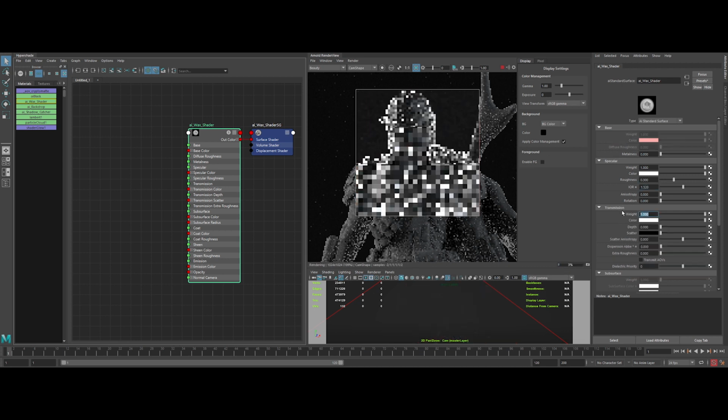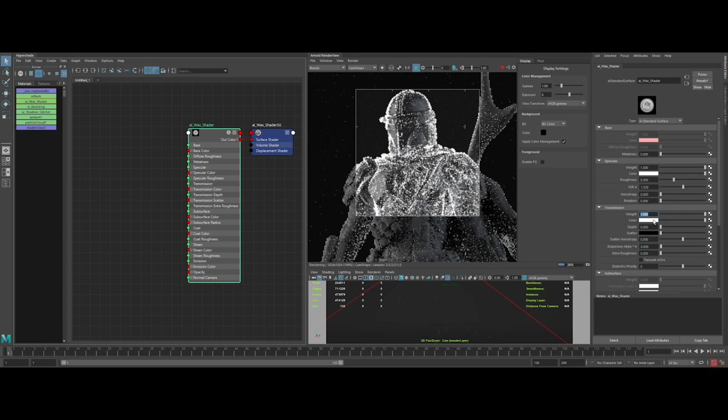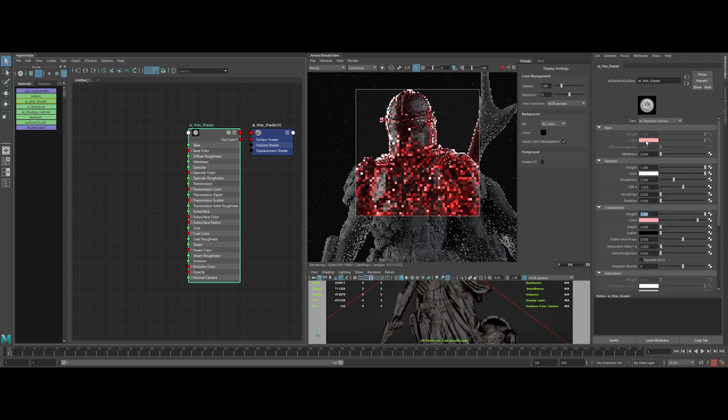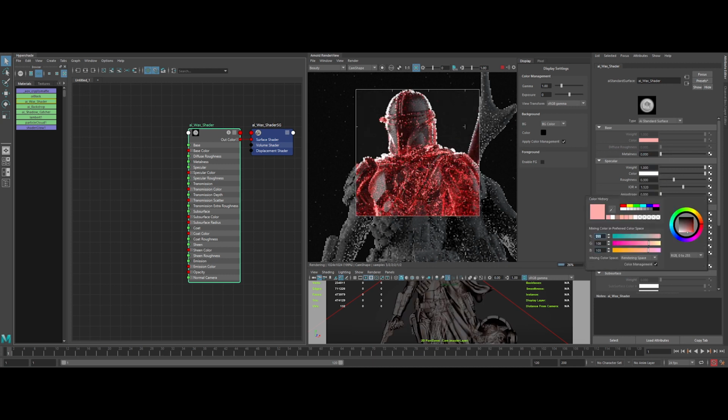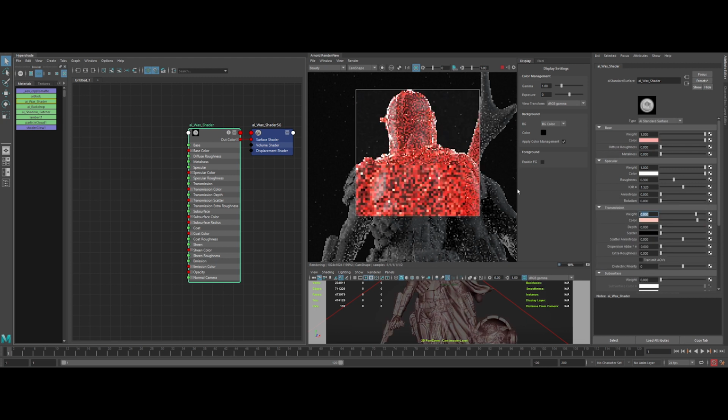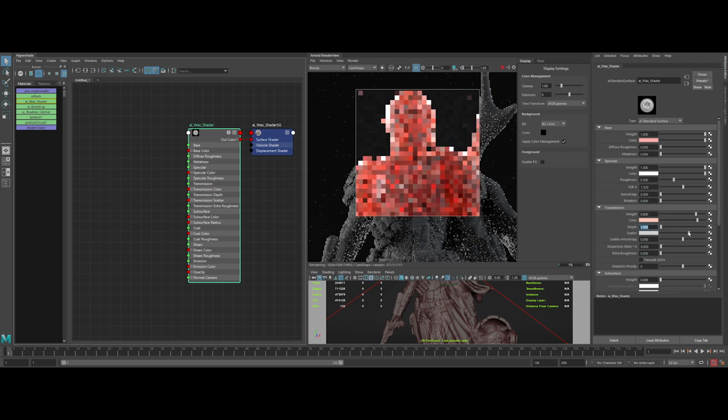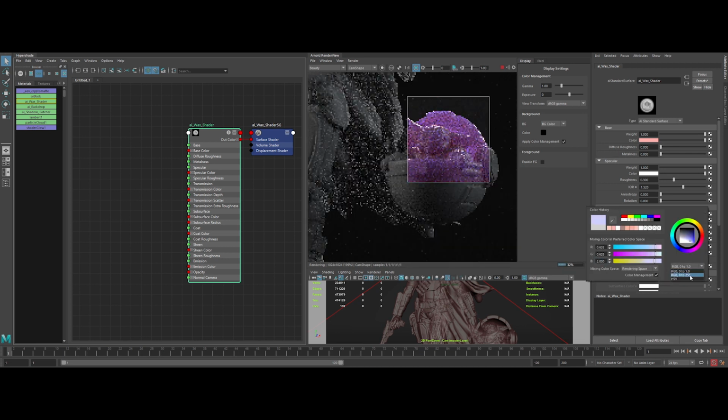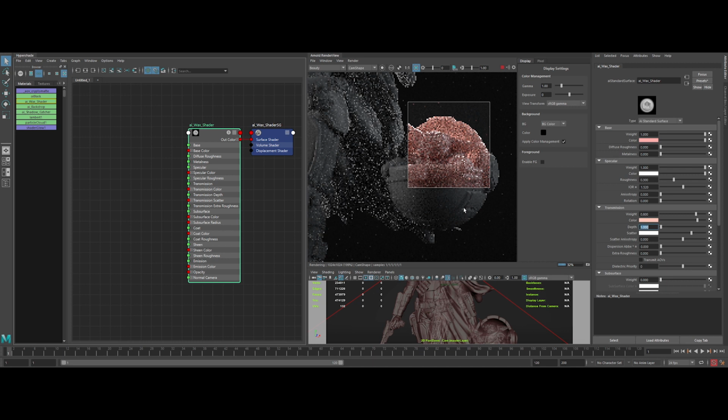Okay, sweet. Now let's reintroduce our transmission. Let's pick a pale pink tone of the base color. Let's tweak it a bit. Then we need to reduce the transmission weight to 0.8. Now let's change the depth value to 1 and introduce some scatter by changing the color value. Not bad. Let's tweak the scatter value. Pretty sweet. Now let's deactivate temporarily the transmission to focus on the next step.